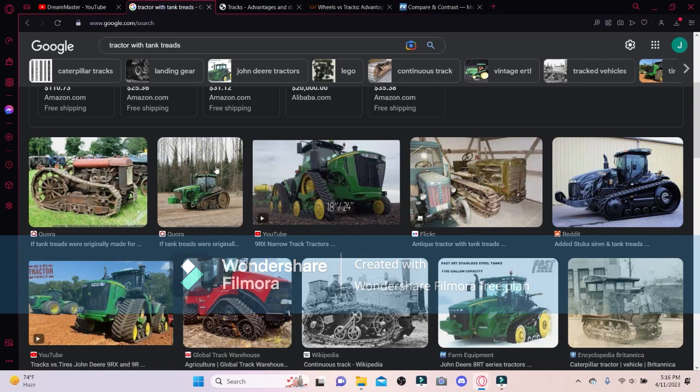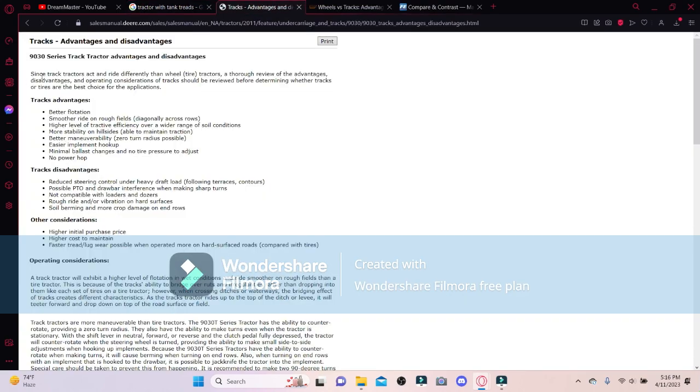John Deere's website says, since track tractors act and ride differently than wheel tire tractors, a thorough review of the advantages, disadvantages, and operating considerations of tracks should be reviewed before determining whether tracks or tires are the best choice for the application. Tracks advantages: better flotation,